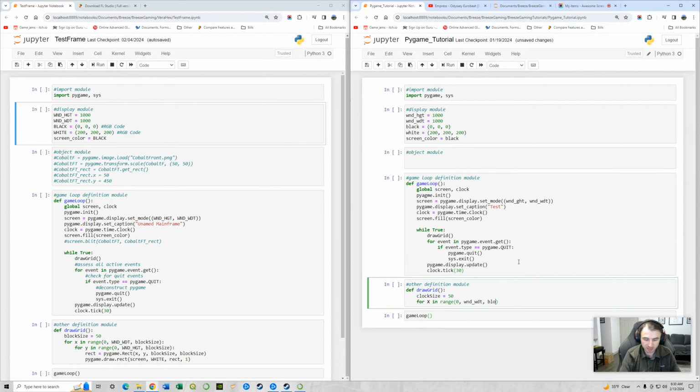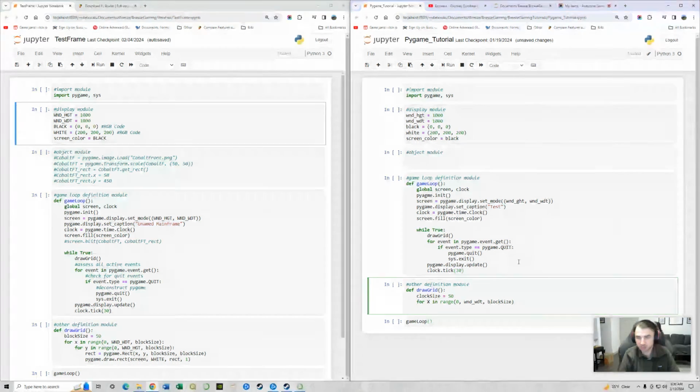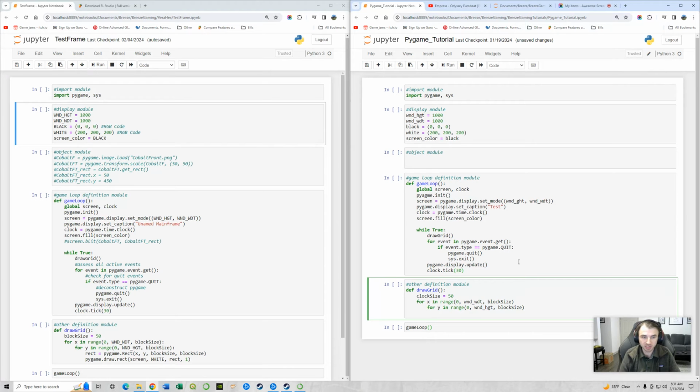and then block size, which is 50. So what this is doing is saying for x in range of essentially the width, and then we're going to do, I'm not supposed to capitalize the x, for y in range of 0, and then not 0, the window height, which is that. And then we're going to do block size again, which, like I said, is the same. They're both 50, and then we're going to say rect, which is rectangle, equals pygame.Rect,